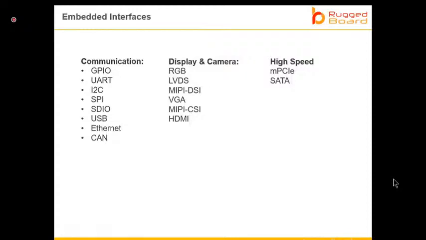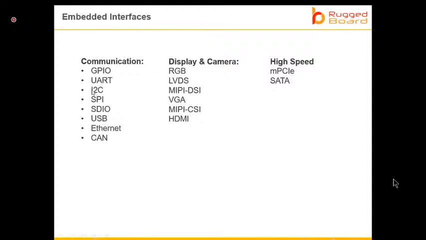If you want to extend the range further and make it multi-device, you can go for RS-485. Similarly, for many industrial or military applications, you have RS-422, right? So these are the different physical interfaces derived from UART: RS-232, RS-485 and RS-422.